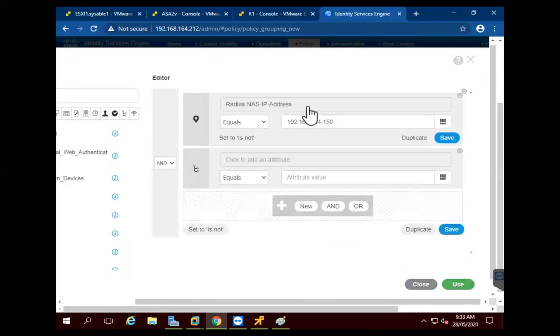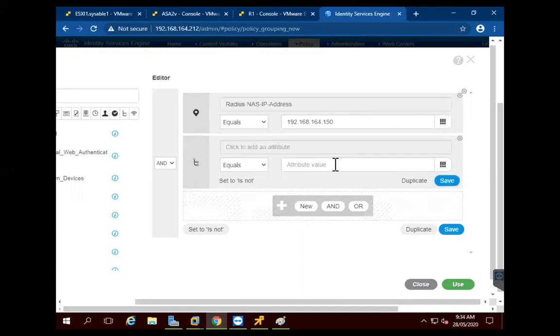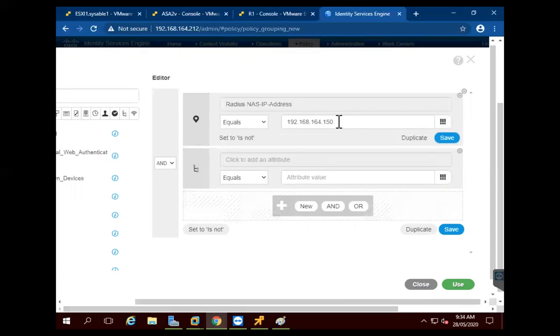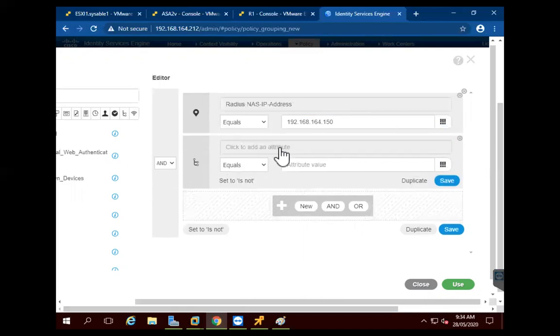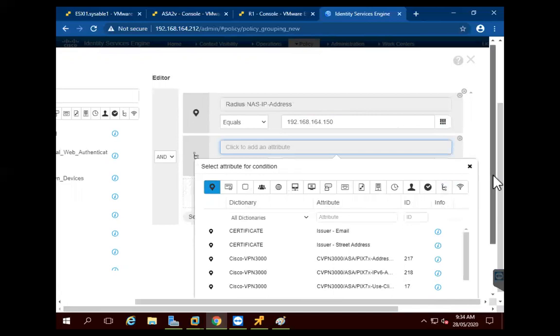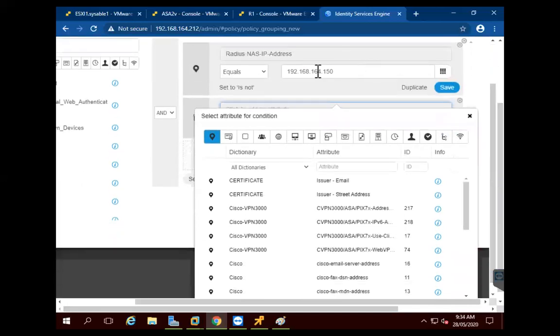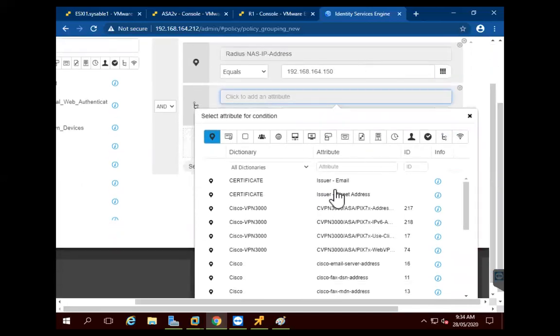I have provided the authentication device here. ICE will authenticate with the ASA by going to this address, and it will check for the policies and the users. The user will exist on the ICE, but it will check for the authentication that AnyConnect profiles exist or not. So next I will click on the user. Now I will provide the user also here, and I'm saying the condition: go to this device and provide this access to that particular policy for this particular user.